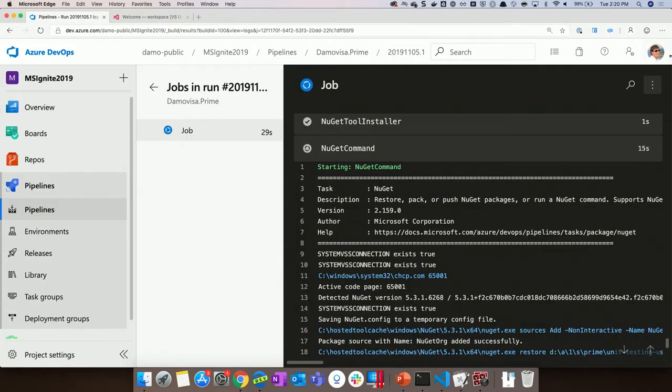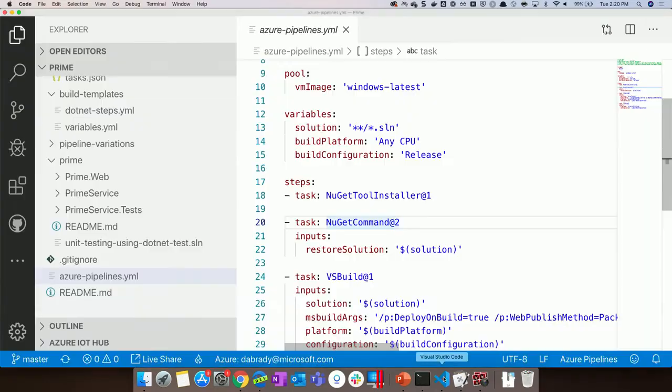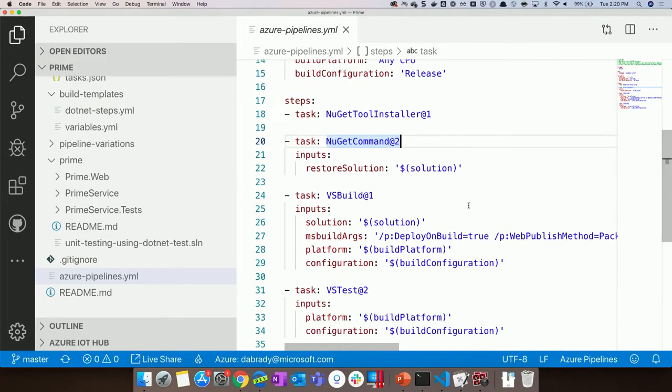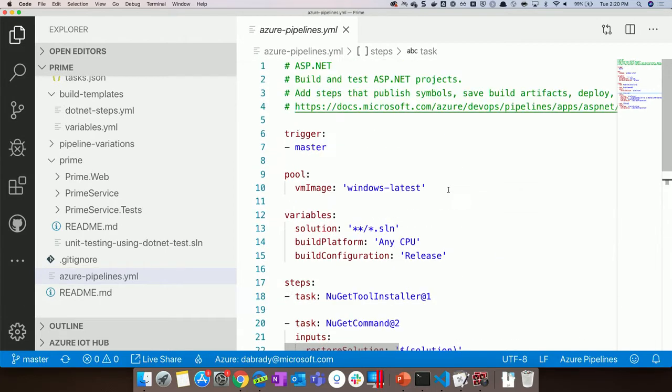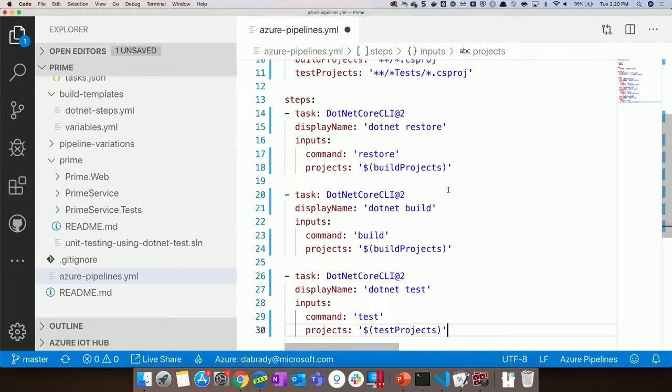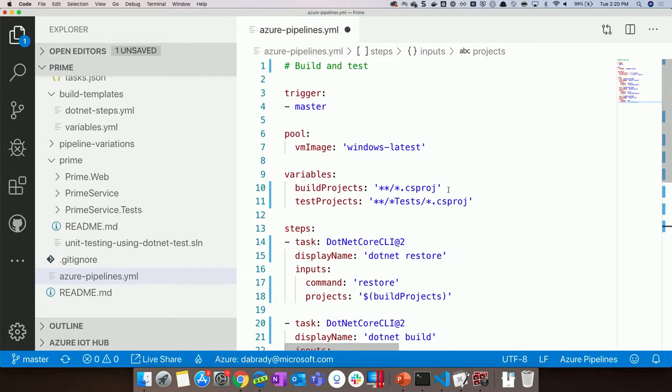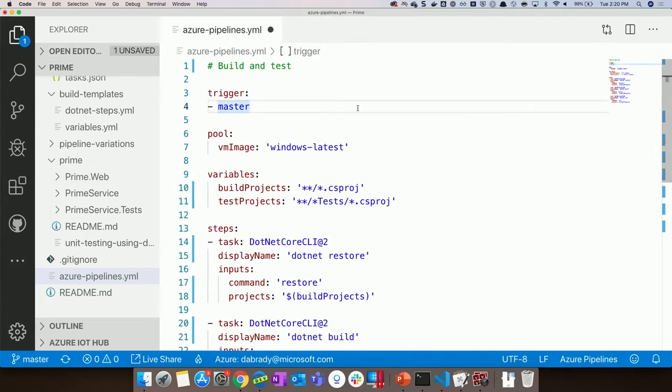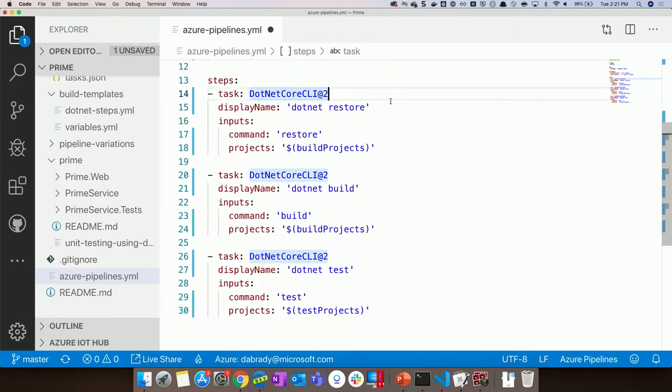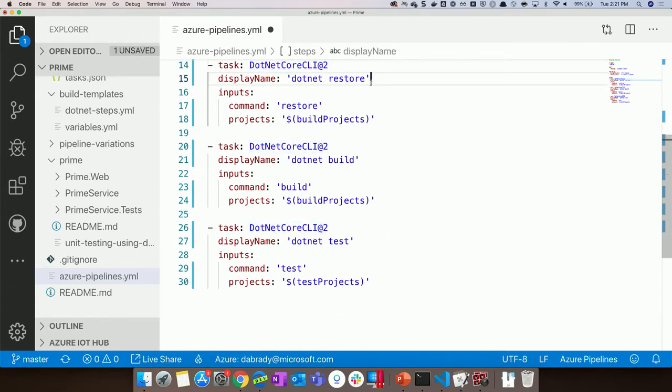So this is doing a really basic one. I want to actually replace what this is because it's a .NET Core application. I don't really need to use Visual Studio for my builds. So I'm just going to take this and replace it with a .NET Core version. I'm very fast at typing, by the way. And this is the same kind of thing, except we're doing .NET Core CLI tasks. So we're doing a .NET Restore, .NET Build, .NET Test.